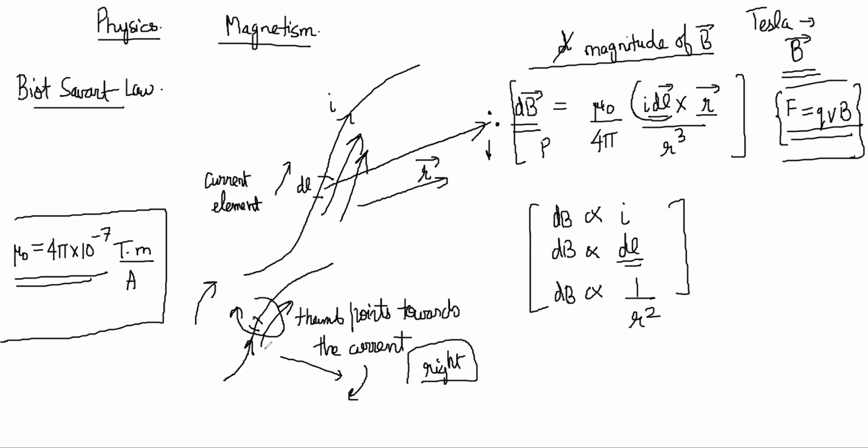In this case, what is happening? You are gripping the conductor in the direction of the current, and the curl of your fingers is the direction of the magnetic field. It is into the plane of the screen here and outside the plane of the screen here, not down and up, in case everyone was confused. Is it fine?